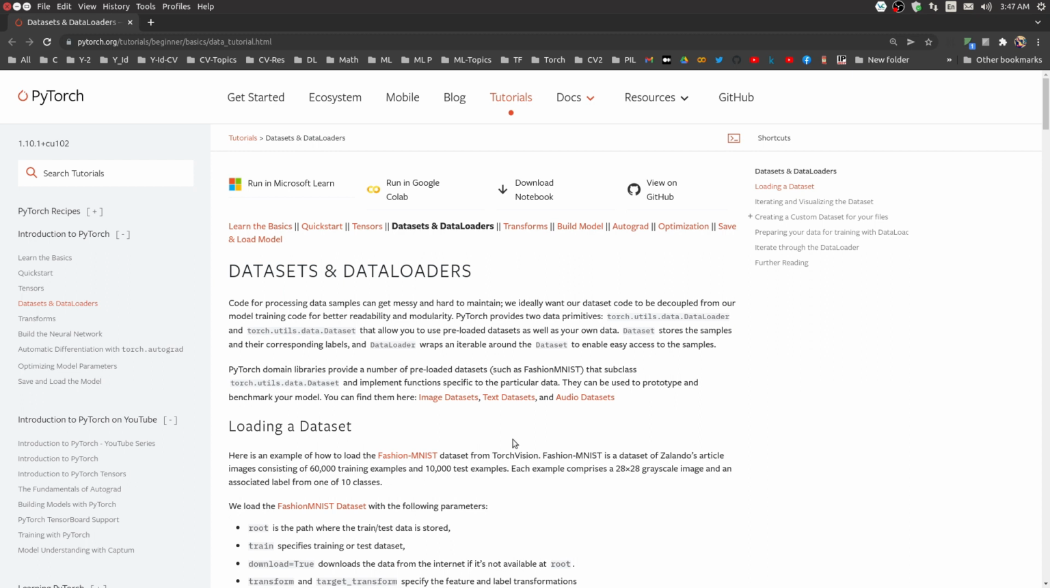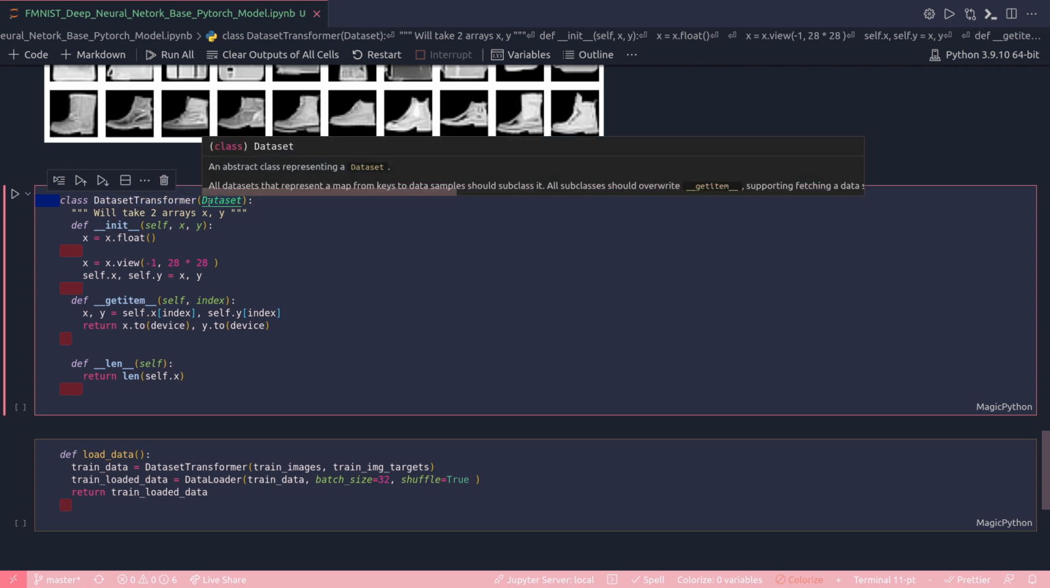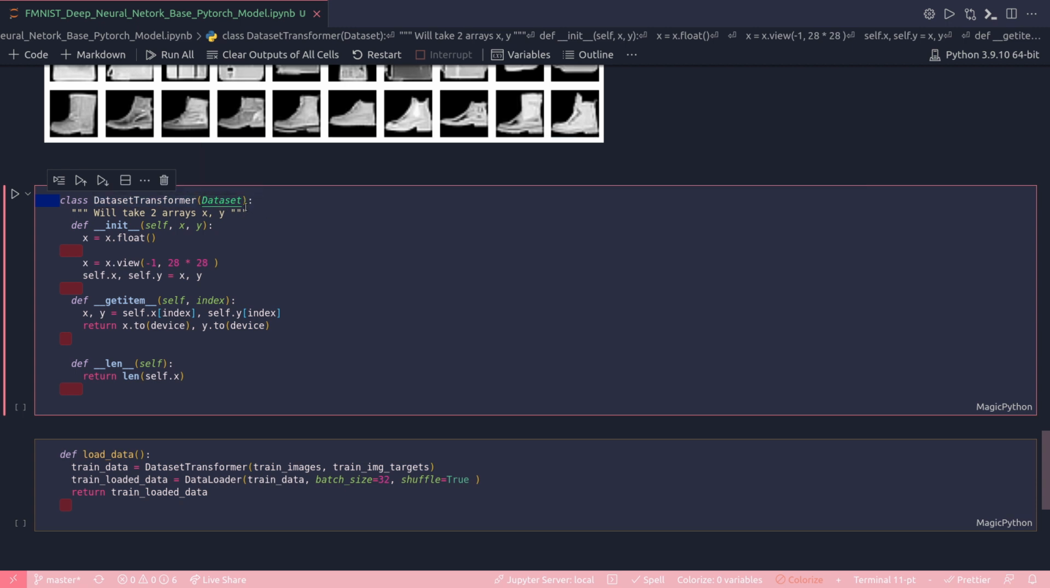So basically, what Dataset is, that is torch.utils.data.Dataset, that I used here in this function. My whole dataset transformer actually inherits from that torch.utils.data.Dataset. So this class is basically an abstract class representing the dataset. It allows us to treat the dataset as an object of a class rather than a set of data and labels. And then talking about the next one, that is for loading the data,